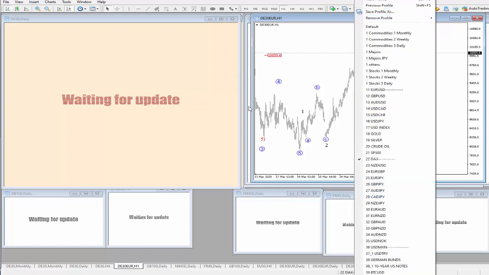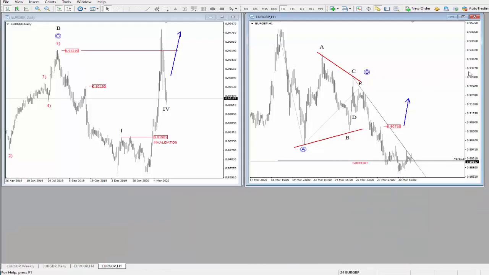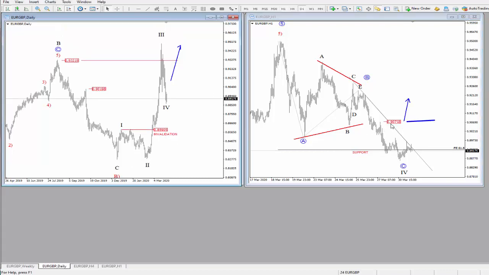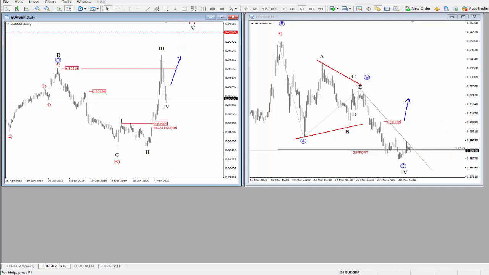let's take a look at what I have left. Euro pound. Now euro pound is still testing potential supports. We have been highlighting 0.9071 as the first very important level for a reversal, for a confirmation that wave 4 has bottomed. So far this did not happen, so you must always be prepared for even new lows. You should patiently wait for an impulse rally, if it will occur, and then maybe be looking for potential longs if you see this bounce. Until then, I really think that you should be careful.